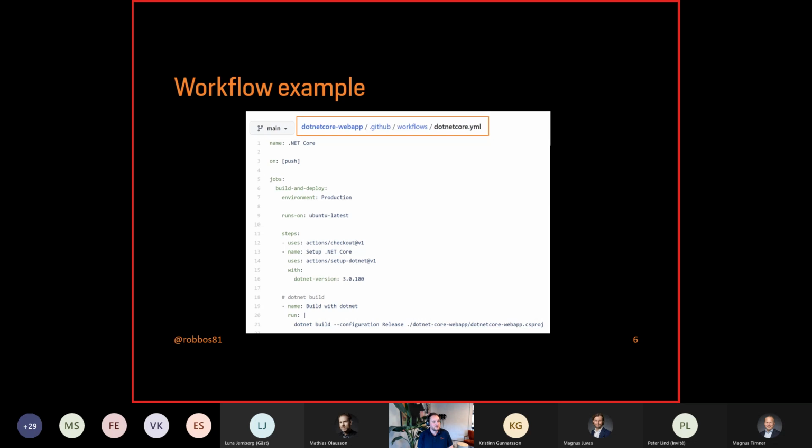It needs to be in that specific location, but the file itself can be named anything as long as it's a YAML extension. And in this file, you'll see the trigger that I'm using to trigger this workflow. So this is when the workflow is being started. In this case, this is a push trigger. So when somebody pushes code back over to GitHub, this workflow will be started and it will run for us.